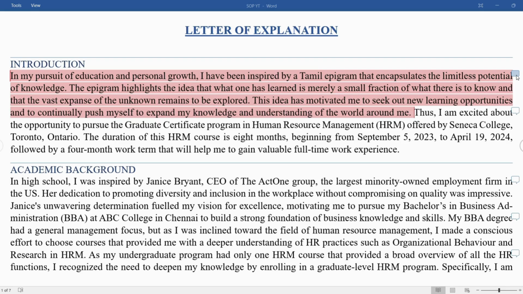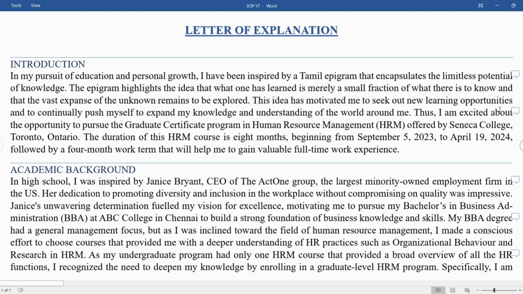So you can choose to start it with a quote, a proverb, or give a summary of yourself. Let's say, I studied this and I'm working as this. You can do whatever pleases you, but it should be attractive. It should draw the attention of the person who is reading. Always keep in mind that it should be unique because the visa officer is doing this as a job. So keep that in mind and make it as good as you can.